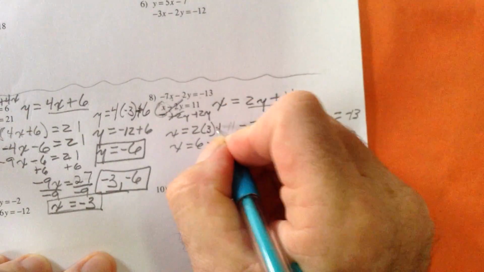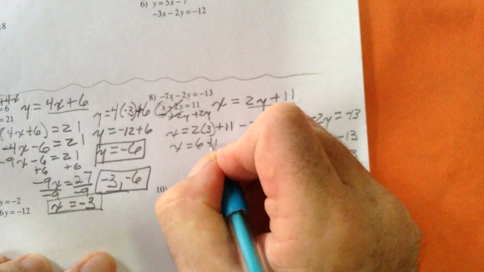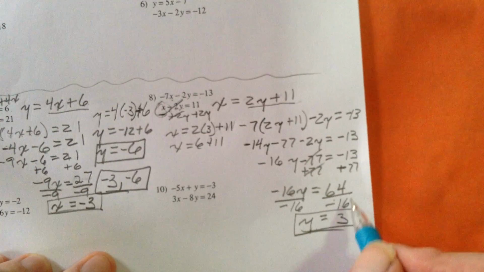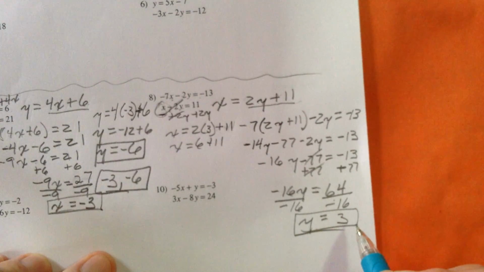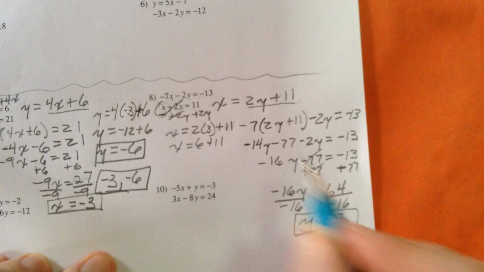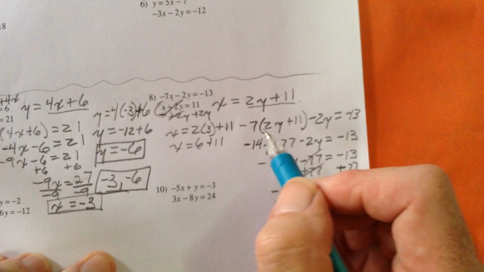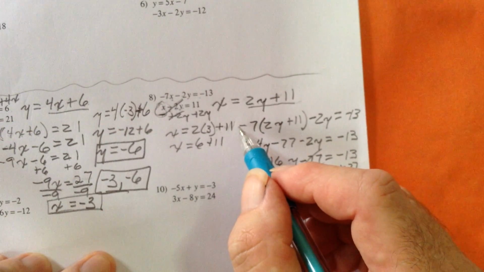Now you know why I'm using pencil. Did I mess that up again? Let's see here. 2y is 6 plus